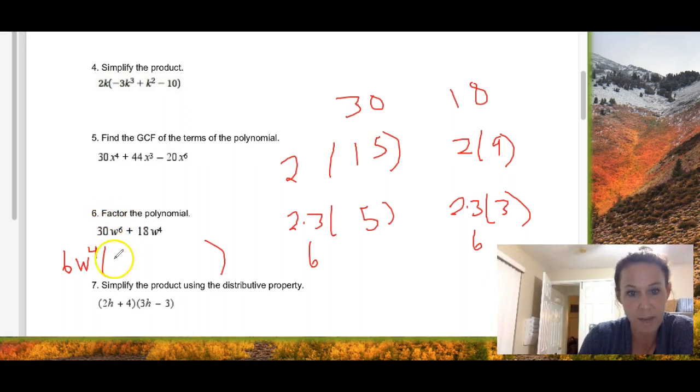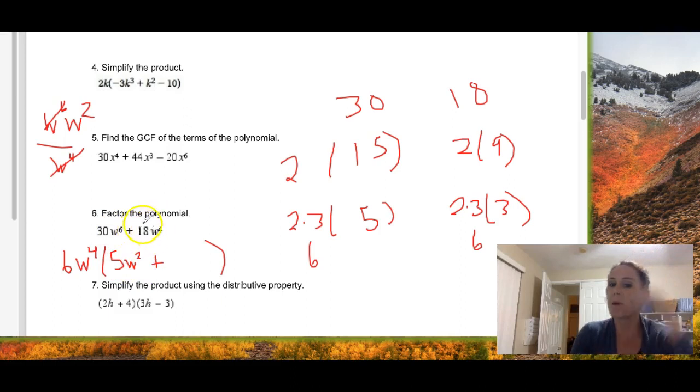If I divide 6 out of 30, it leaves me with 5. If I divide w to the 4th out of w to the 6, you can write it up here if you like. You're dividing out w to the 4th. You can think of the rule: same base, subtract exponents, or 4 w's go into 6 w's and leave you with 2 w's. Okay, so this will leave me with 2 w's plus,